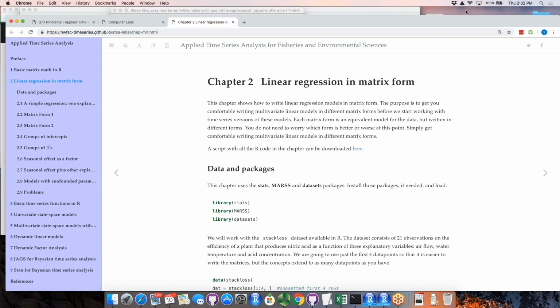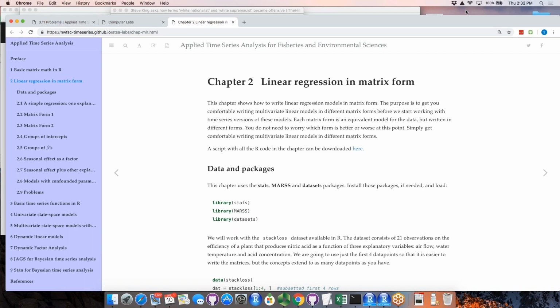We're going to work a lot with matrices, and you're going to need to be able to write models in matrix form